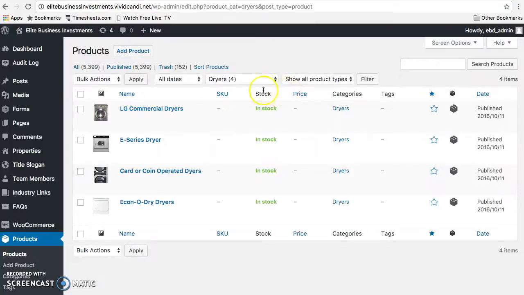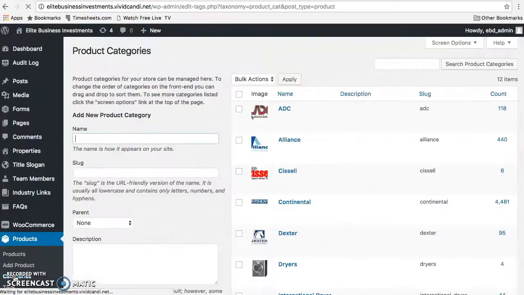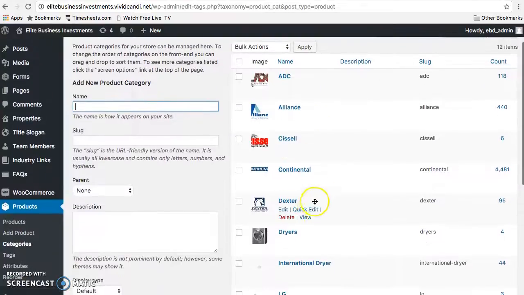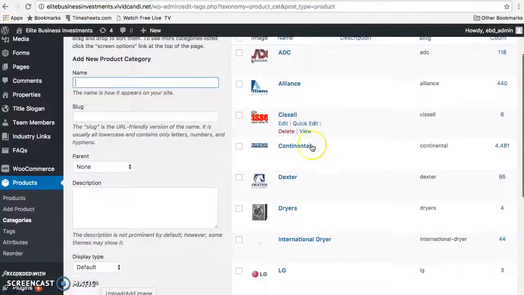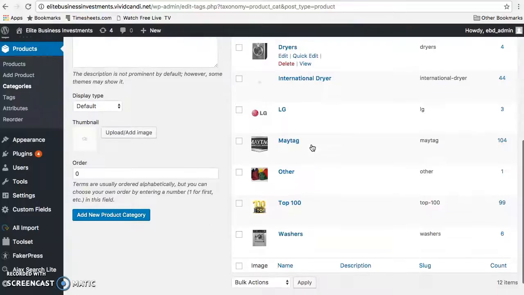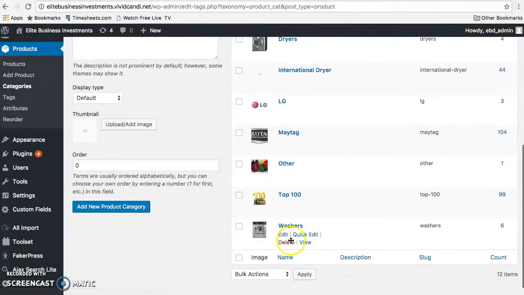So this is the product section that I forgot to mention. For the equipment, you have two categories, which are the dryers and, what is the other one? Dryers and washers right here. So if you want to add or edit one of these,